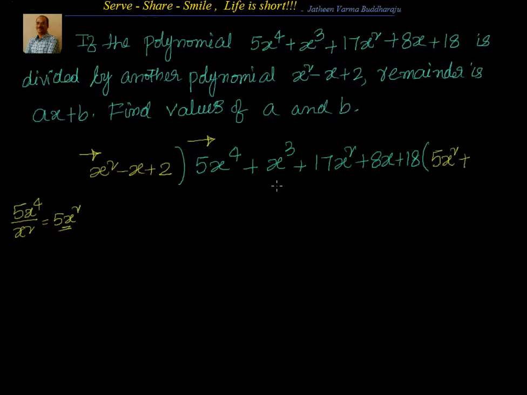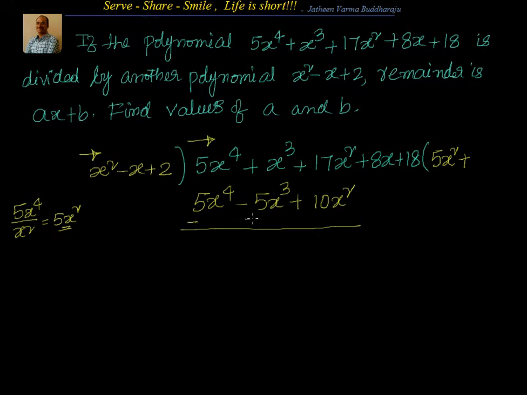So the idea is to equate that term so that when you subtract, you can start cancelling in each step, starting from the left, reducing the powers. First time x to the power 4 is cancelled, second time x cube is cancelled, third time x square is cancelled, like that. Okay, 5x square, now I have written it. If I have written it, I am obligated to multiply. So it becomes 5x to the power 4 minus 5x cube, you are okay with that, plus 10x square.